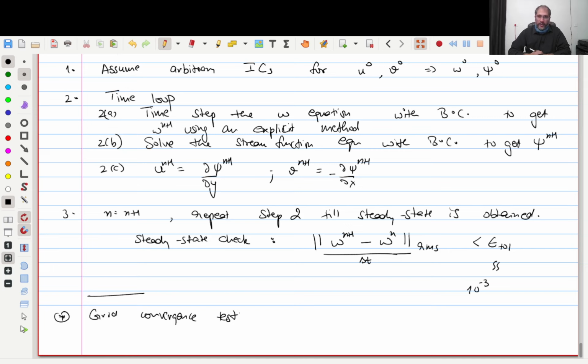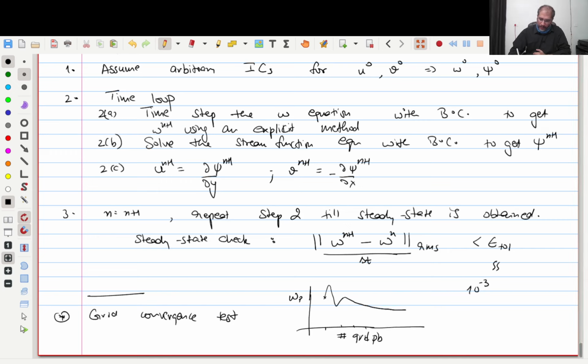The grid convergence test is that we plot the solution at any point in the domain. Let's call it omega at some point p as a function of the number of grid points. You will start with a very coarse mesh, so the number of grid points will be small. You will have some omega value at the point p, where p is some point in the domain, and then you increase the number of grid points, where each point on the x-axis is a new simulation. As you do that, you will see that this omega p, initially for a very coarse mesh, may fluctuate, but then it will start to